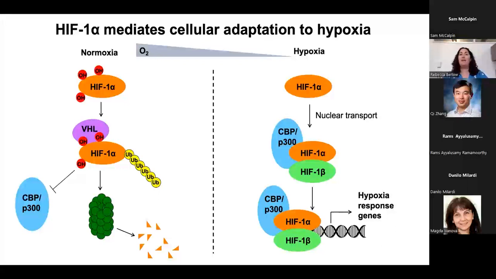However, if these genes aren't tightly controlled, they also can lead to a number of deleterious processes or diseases, such as cancer, cardiovascular disease, or as I'll speak about at the end of my presentation today, blinding eye diseases such as macular degeneration and diabetic retinopathy. And so this process really needs to be tightly controlled. And in the event that oxygen is restored to the system, we go back over here to the normoxic situation where HIF1 alpha would be hydroxylated and then it would be degraded. However, if oxygen is not restored, there still needs to be a critical regulatory mechanism for controlling HIF behavior.